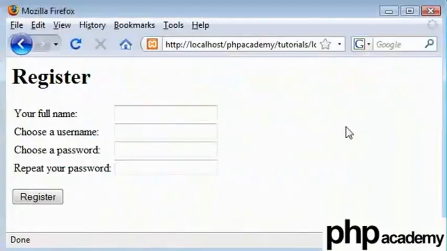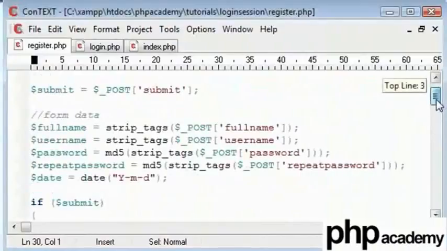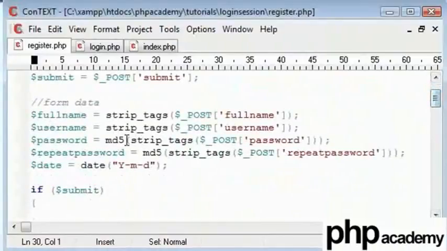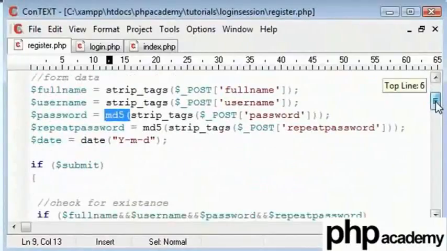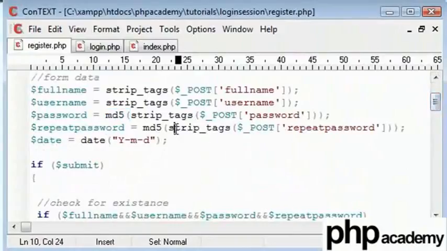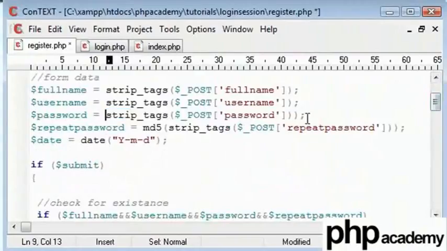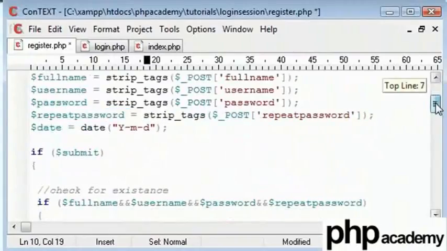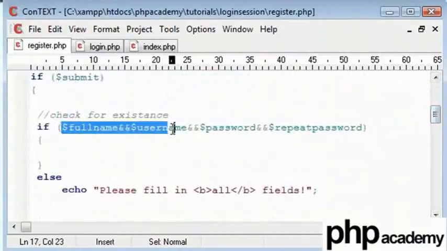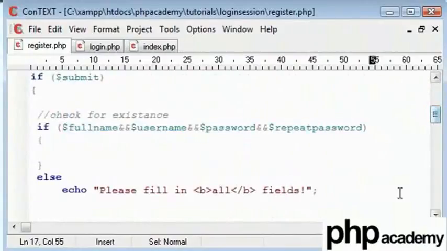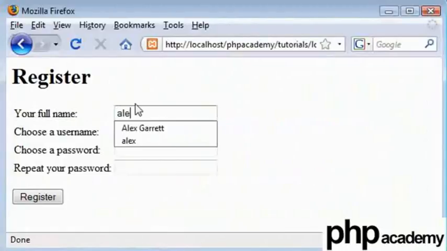The reason this is not working at the moment is that an MD5 value of nothing is not equal to an MD5 string of text, an encrypted string of text. So I realize what we need to do is take out the MD5 function here. Make sure you remove the end brackets. I will come down here and check for all of our data. So let me go back and try this again.